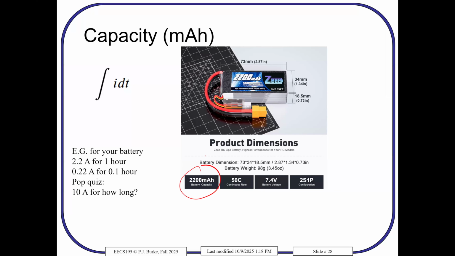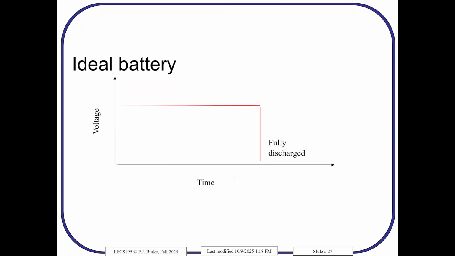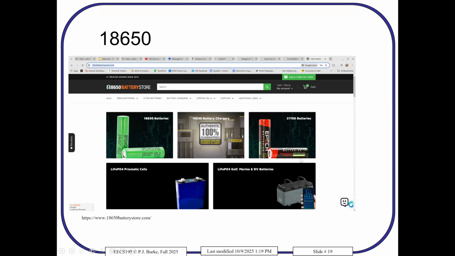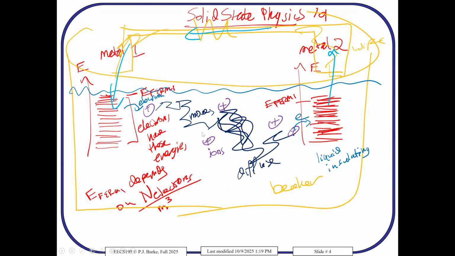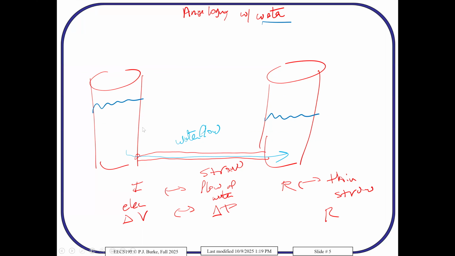But let's talk about the capacity. So this is time in fully discharged. What does that mean? So it's like the water analogy. When you have 2 cups of water and all the water has flowed from one side to the other, you're discharged. So let's go back to that picture. Here, it's the total amount of water that has flowed from one side to the other that determines if this circuit is discharged. It doesn't matter whether the water flows slowly for a long time